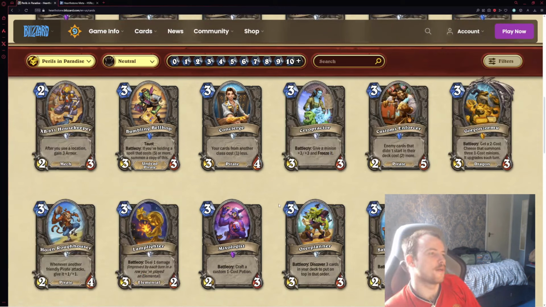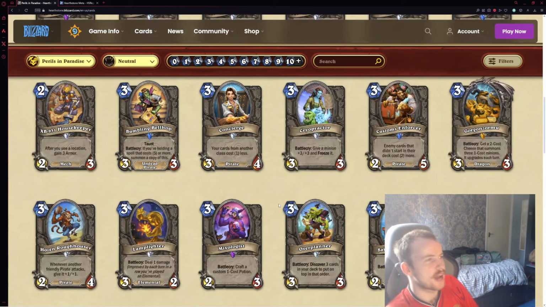Chiropractor. Give a minion 3/3 and freeze it. 1 star. Probably its best use is to freeze an enemy minion, and that's not good. Enemy cards that didn't start in the deck cost 2 more. Interesting tech choice. If anyone ever played